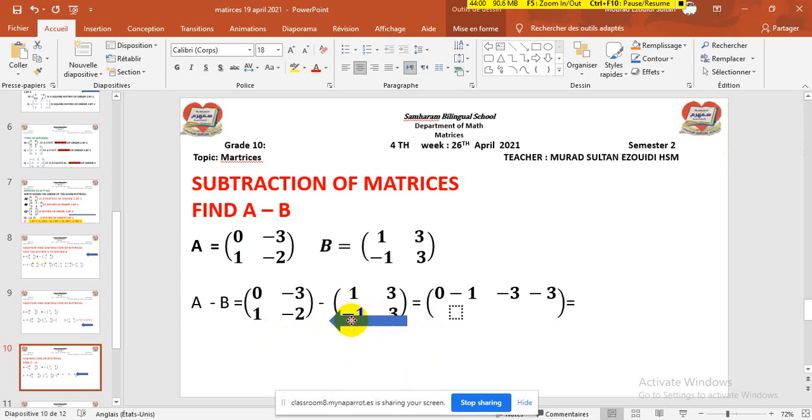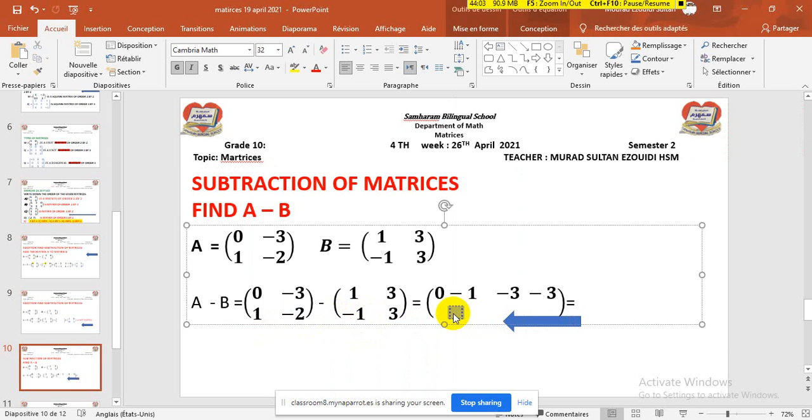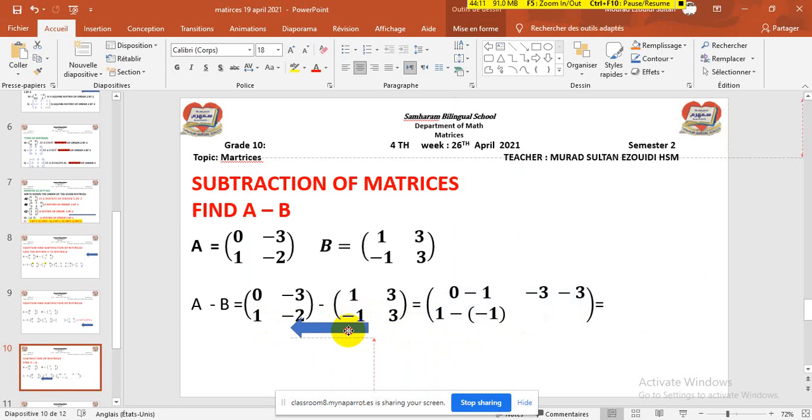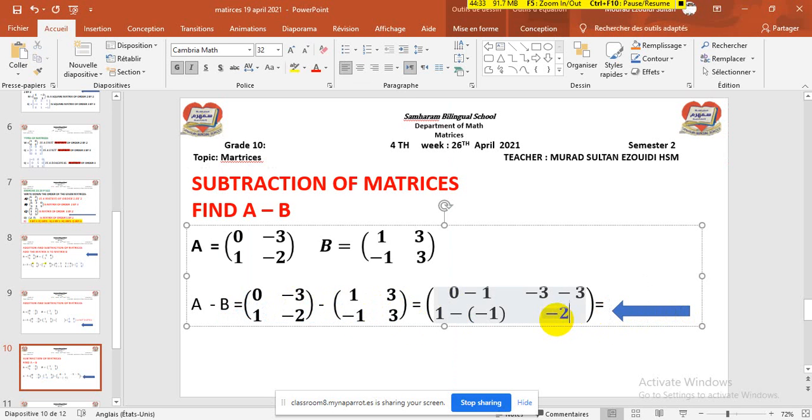It will be 1 minus minus 1. I will write it here: 1 minus, between parentheses, minus 1. Then we move to the second row, second column. The value is negative 2. I will subtract 3 from negative 2. There is also a negative sign, don't forget, because we will work A minus B. The minus is always with you. So I will write here minus 2, minus 3. So this one should be equal to what, my learners?